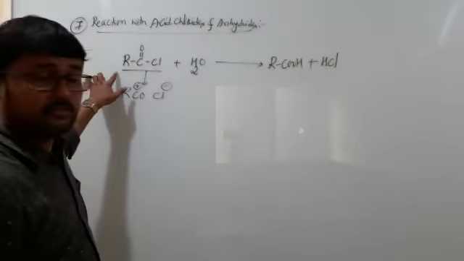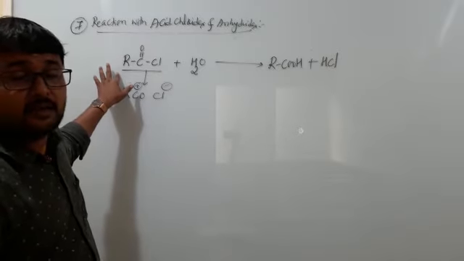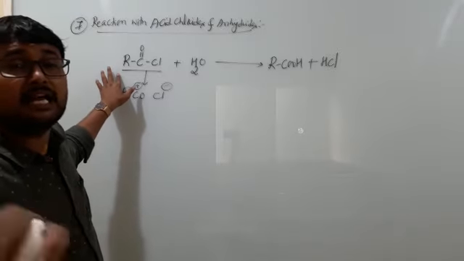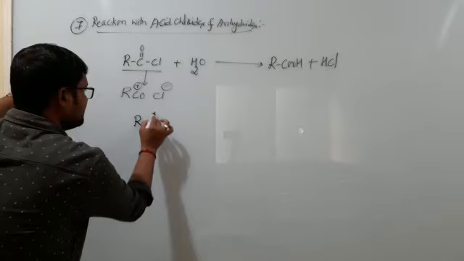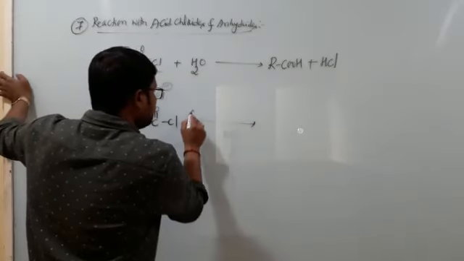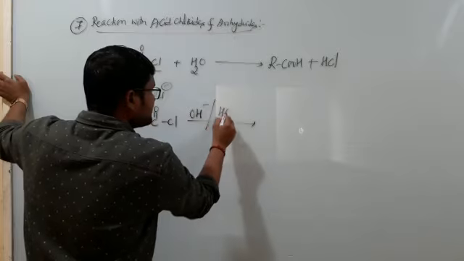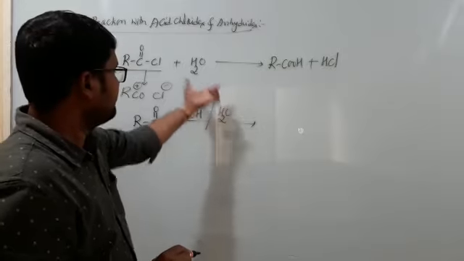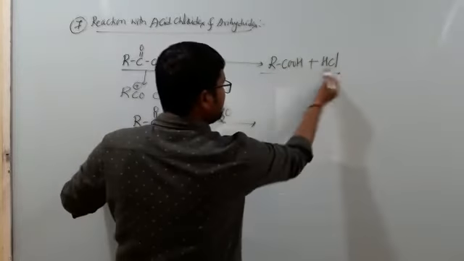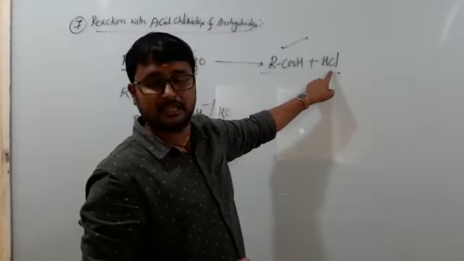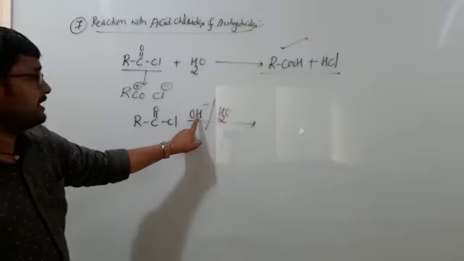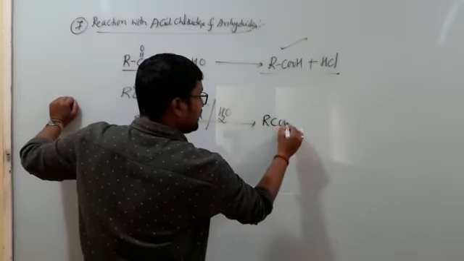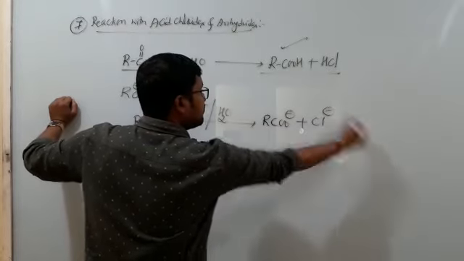But there is one more variety of reaction with acid chloride, when it is made to react with water in the presence of an alkali, meaning alkaline hydrolysis. So when I take the same RCOCl and subject it to alkaline hydrolysis, in the presence of a strong base and water, we get what? Direct hydrolysis gives a carboxylic acid along with the HCl. When it is subjected to hydrolysis in the presence of a strong base, we are going to get a carboxylate ion along with a chloride ion.